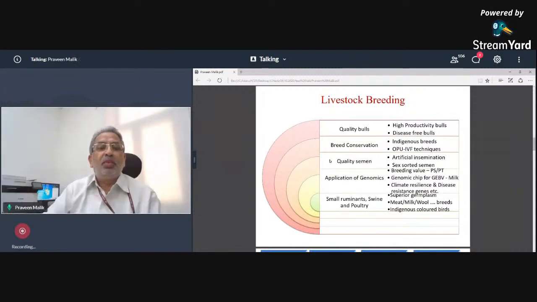क्योंकि अगर हम प्रोडक्शन में देखें, हम वर्ल्ड में नंबर 1 हैं बफलो मिल्क में, नंबर 2 है, नंबर 3 है, हम ऑलमोस्ट टॉप पे हैं। लेकिन प्रोडक्टिविटी वाइज देखें तो हम नीचे की तरफ से मिलते हैं कि 1800 लीटर केजीज पर लैक्टेशन, जहां हम 12,000 और 13,000 तक की बात करते हैं होल्स्टीन में, जहां यूएस में हम बात करते हैं, ऑस्ट्रेलिया में बात करते हैं, वहां हमारी प्रोडक्टिविटी लेवल बहुत कम है। तो उन्हें बढ़ाना है तो मुझे हाई प्रोडक्टिविटी के बुल्स चाहिए ही, मुझे डिजीज फ्री बुल्स चाहिए।